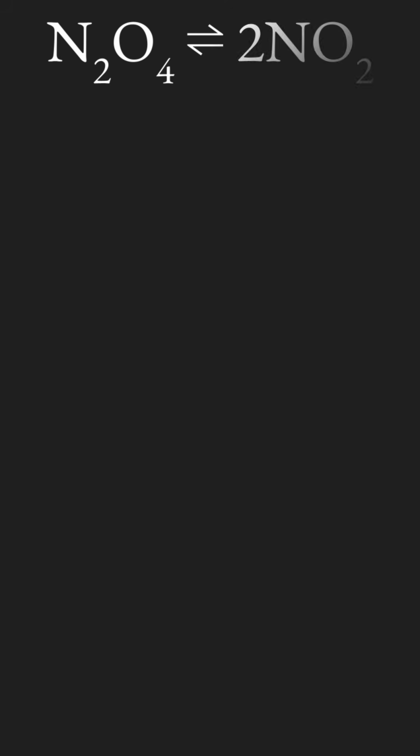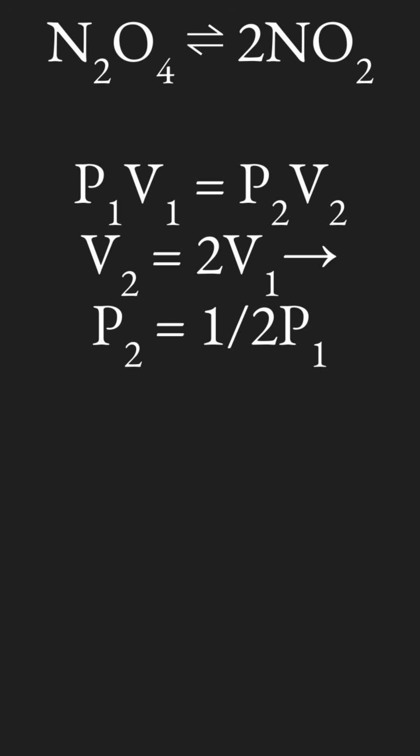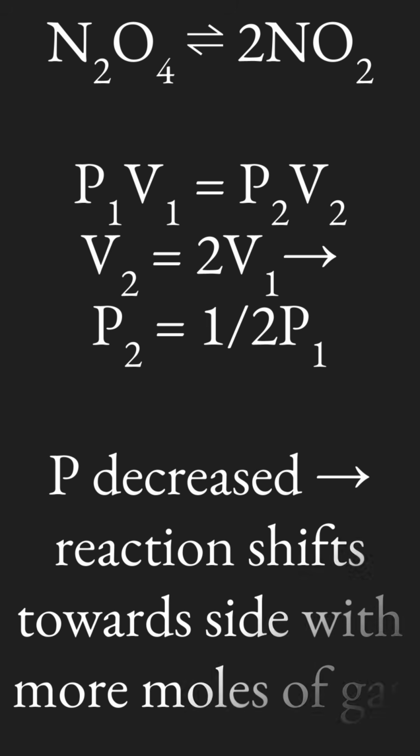So first off, hopefully you should realize that an equilibrium mixture with N2O4 and NO2 implies equilibrium for this reaction on screen. And so now, the problem explains that volume was doubled. And this means that pressure is halved because temperature is constant, so volume being doubled means that pressure must compensate by being halved. And so now that the total pressure is halved, the reaction must shift to the side with